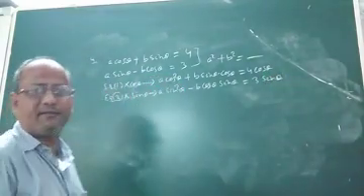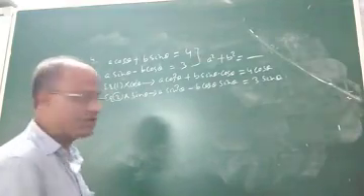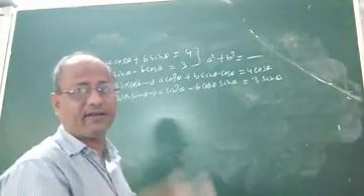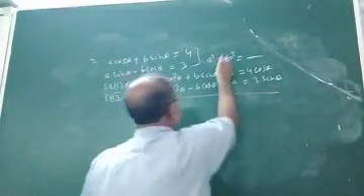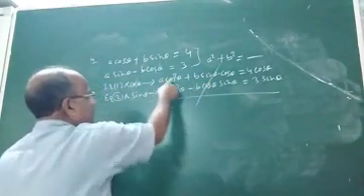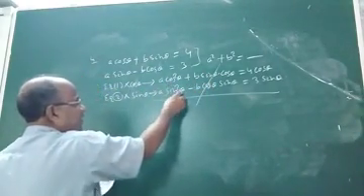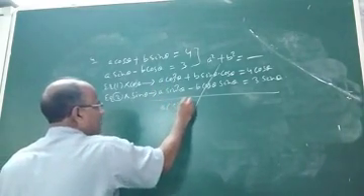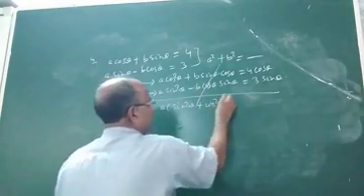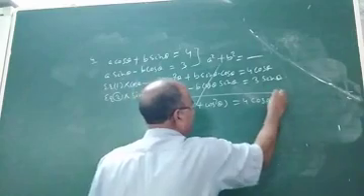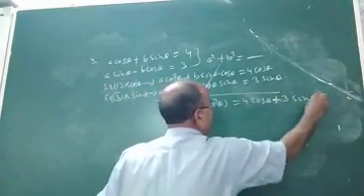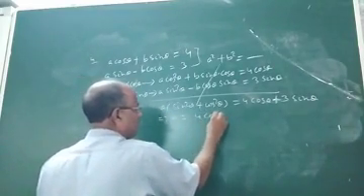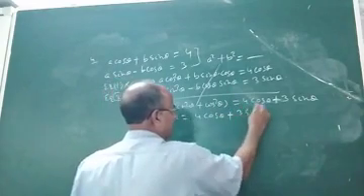Now this is what the elimination method is, elimination by equating coefficients. What we read in the chapter, a pair of linear equations in two variables. How to solve? See. Now on addition, this term and this term cancel. If you add these two, a cos square theta plus a sin square theta, a will be taken common. So this will become a into sin square theta plus cos square theta, equal to 4 cos theta plus 3 sin theta. Now this value is 1. So a equal to 4 cos theta plus 3 sin theta.